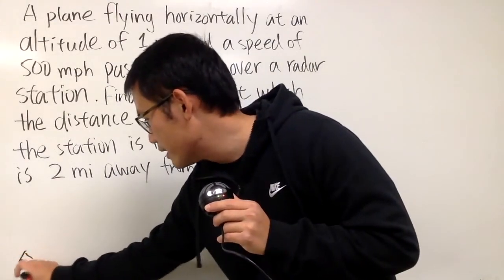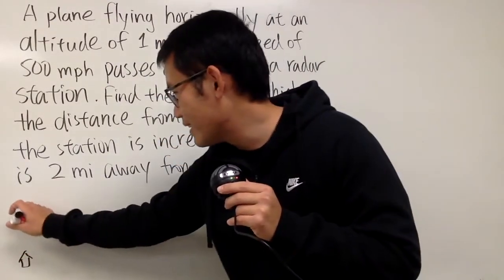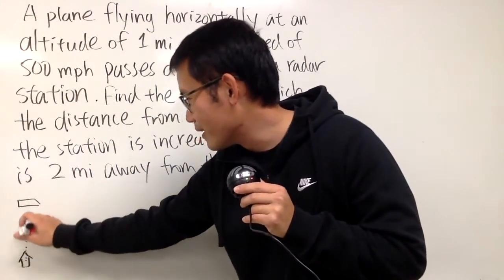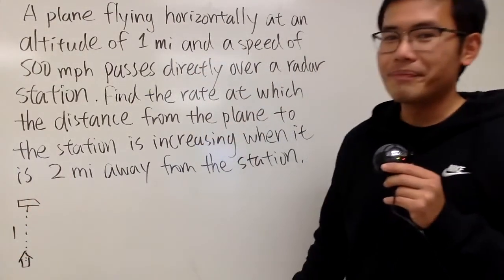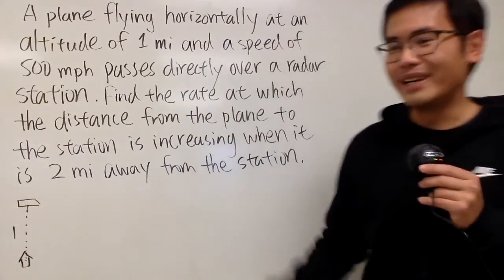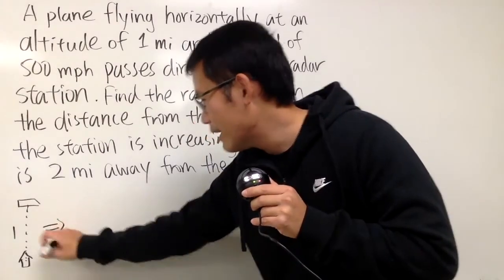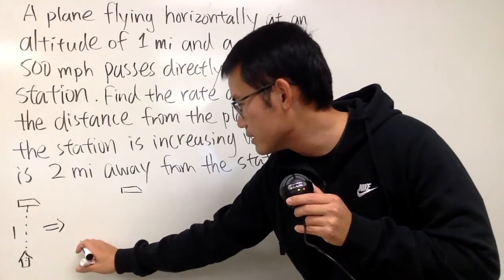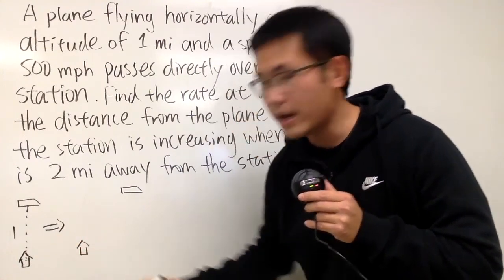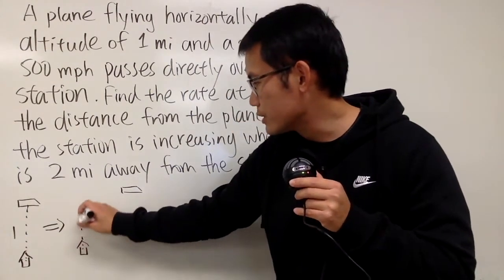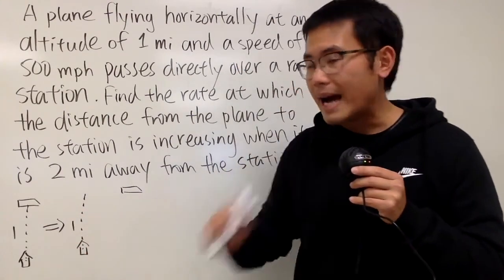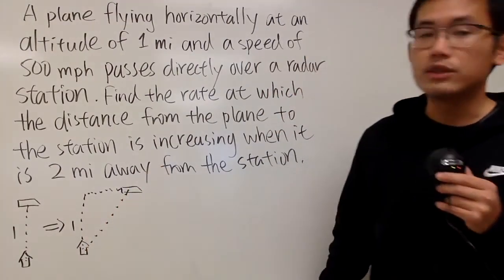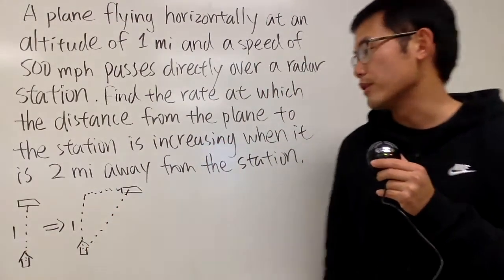Let's say this right here is my radar station, and let's say here I have my airplane. It looks like this. We know that the distance from here to here is 1 because the altitude is equal to 1. And let's say the plane is going this way, right? So after a few moments, we know that the plane will end up right here, but the station is still going to be right here, right? And we know this distance will still be equal to 1, but this distance is going to change, and likewise this distance is going to change as well because the plane is flying horizontally, of course.